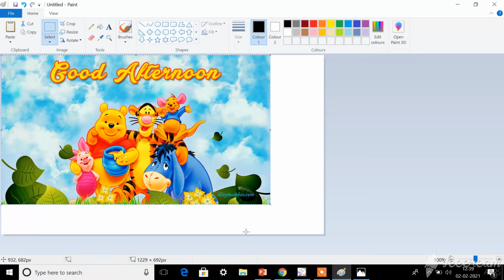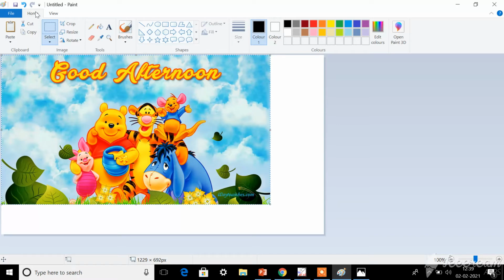Using this image, let's see how to skew it. Skewing means nothing but tilting. When you twist an image, that is how it will look, and that is what we are going to see now. Skewing means just twisting. You can twist horizontally or vertically, any direction. For that first you should click the home tab. See here, home tab is there, isn't it?